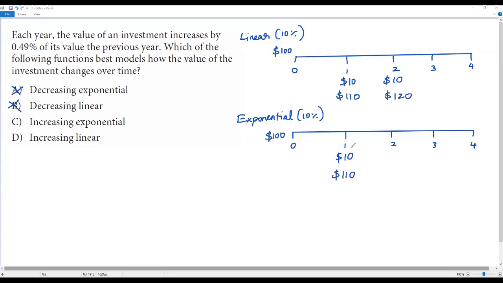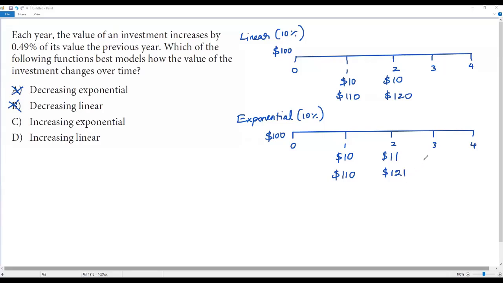At the end of the second year also, 10% will be calculated, but not on the value at the beginning. The 10% interest will be calculated on the value of my investment in the previous year. So now I'm at the end of the second year. To know the value of my investment at the end of the second year, when the growth is exponential, the 10% will be calculated on the value of the investment in the previous year. So 10% of this $110 will be just $11. Then the value of my investment at the end of the second year will be 110 plus 11, which becomes